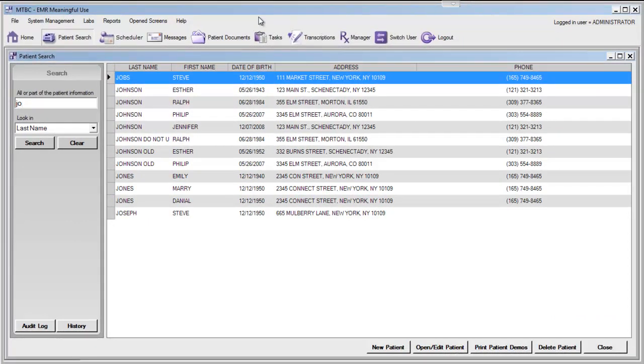So now we're in the MTBC EMR, and we're going to begin documenting a medication using CPOE in order to meet the meaningful use core measure number 1. If you remember what that measure is, it is to enter medications electronically into the EMR. So let's go ahead and find a patient, open up that patient's record, and enter at least one medication for